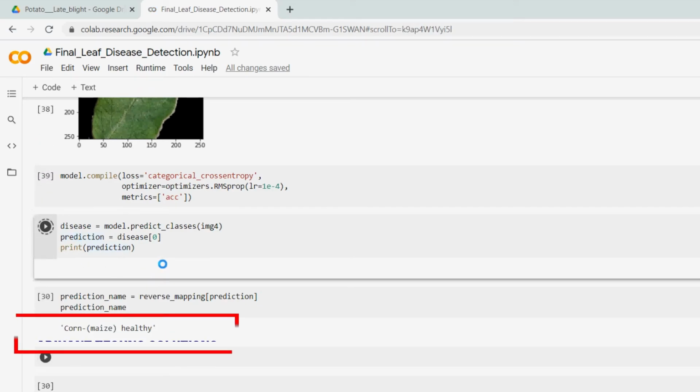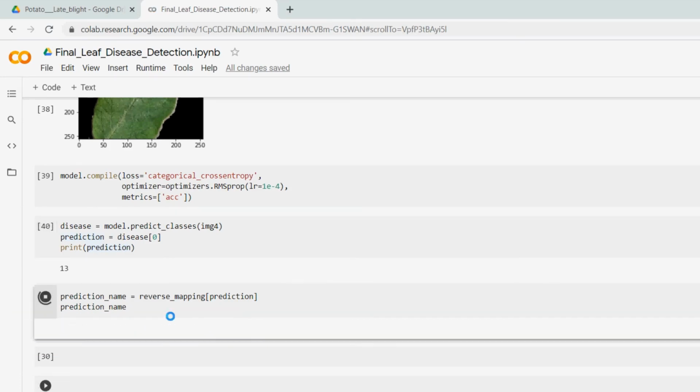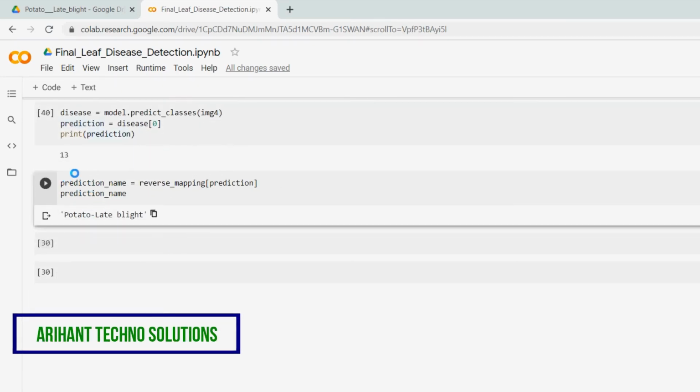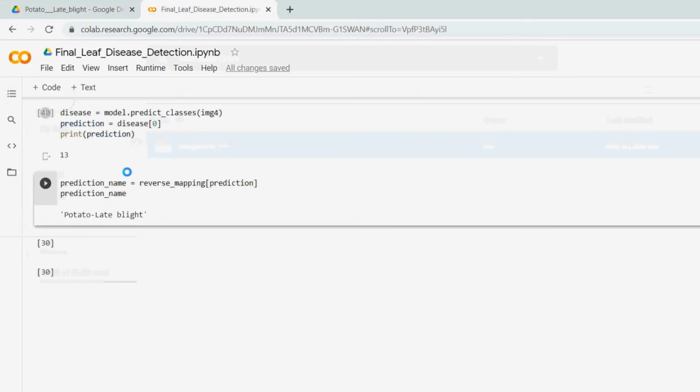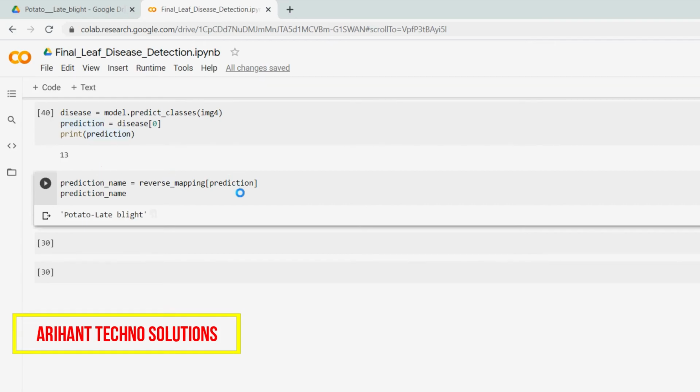Categorization and prediction. Prediction is 13, potato late blight. So this is the disease. So we can identify the disease like this. We can identify up to 11 types of diseases exactly with the help of this code.